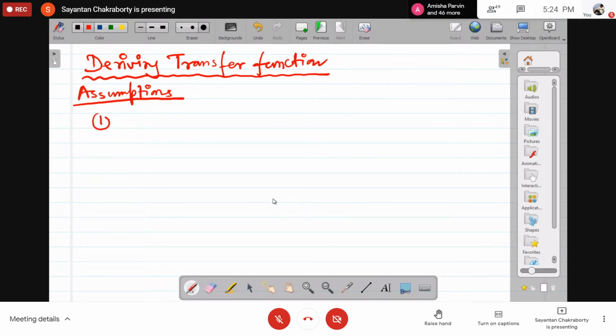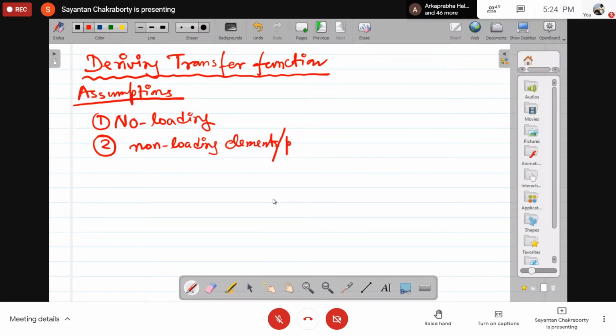The first assumption will be no loading. That is, no power should be drawn from the output of the system for which you are trying to derive the transfer function. I'll explain these situations one by one. Second, if the system consists of more than one non-loading elements or parts in tandem,